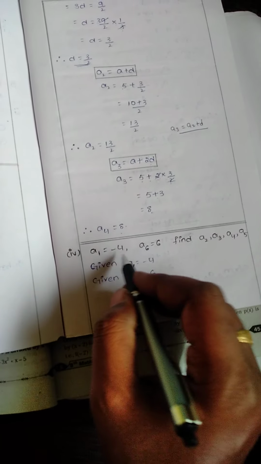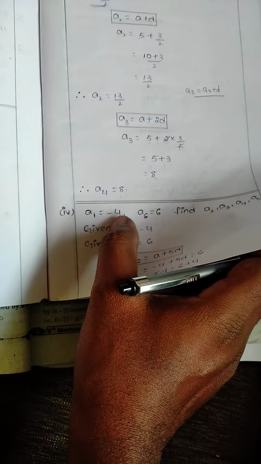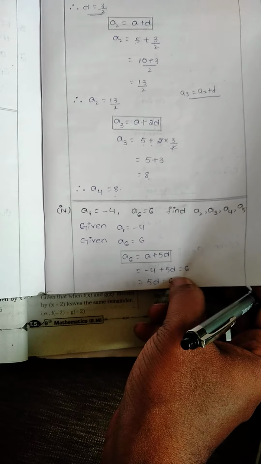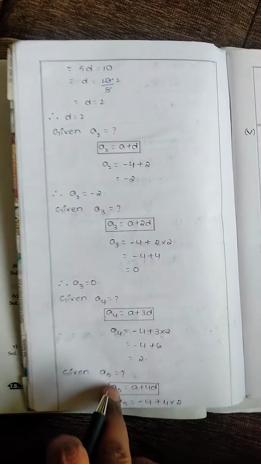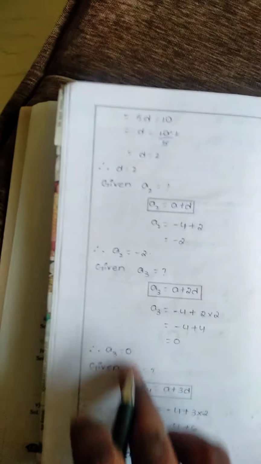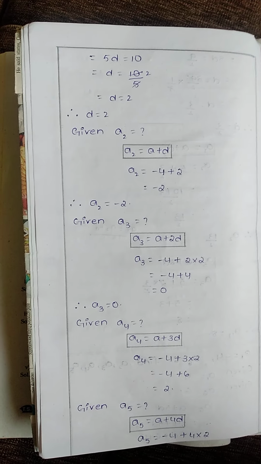Now coming to the next question. Same. Here also you will get two equations. By using elimination method, you will get the answers. And so what is given? A1 is given. Means this A value, if you substitute in this equation, you will get the D value. I am not explaining completely. You can do this. After getting D value and A value, you can find any value. Okay now, just addition and subtraction only. So I don't want to explain these. If you want, see once.